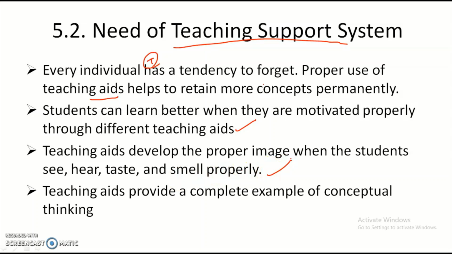Whatever concepts we are explaining, if you give a model of that concept, if you do some kind of art with boards or cardboards, or any models based upon whatever you are going to explain, then they can see or imagine the picture of that concept you want to explain. So whenever the students can see, hear, taste, or smell, smell means generally